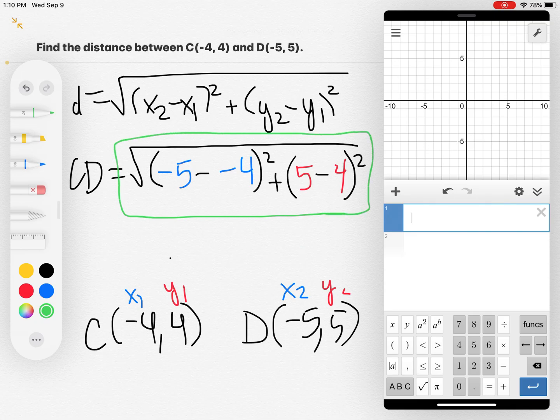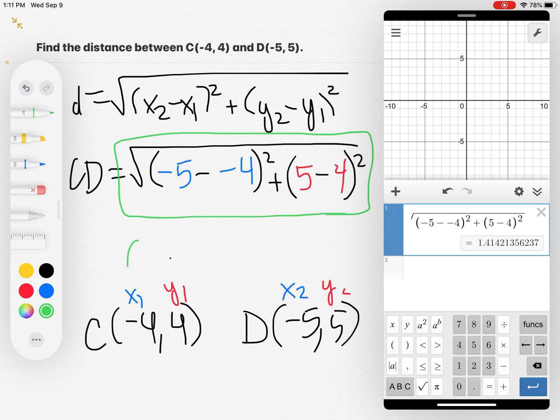So everything in that green box, we're going to type into Desmos. Square root sign, parentheses, -5, minus -4, parentheses squared, plus parentheses 5 minus 4 squared. When you do all of that, Desmos gives you the answer. When I do that, I get that the distance between C and D, or the length of line segment CD, is 1.41 if I round to 2